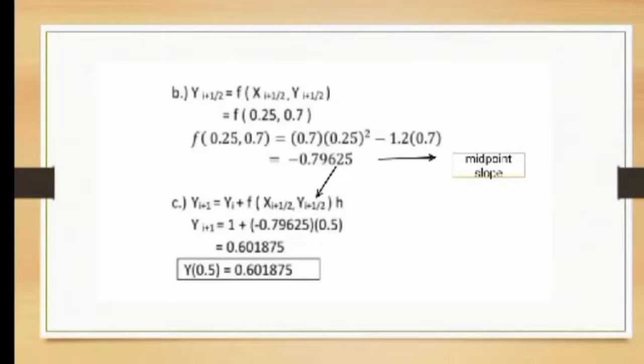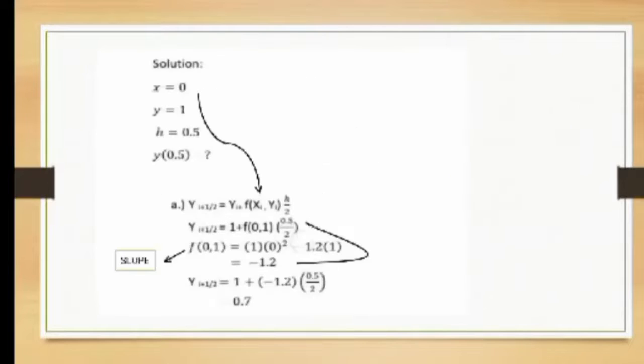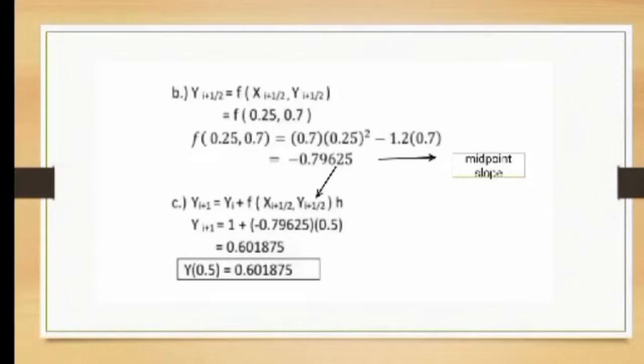Next, yi plus 1 half equals f of xi plus 1 half, yi plus 1 half. So that is the middle interval, 0.25 and 0.7. The 0.25 comes from the midpoint and the 0.7 from the previous result. So f of 0.25, 0.7 equals 0.7 times 0.25 raised to 2 minus 1.2